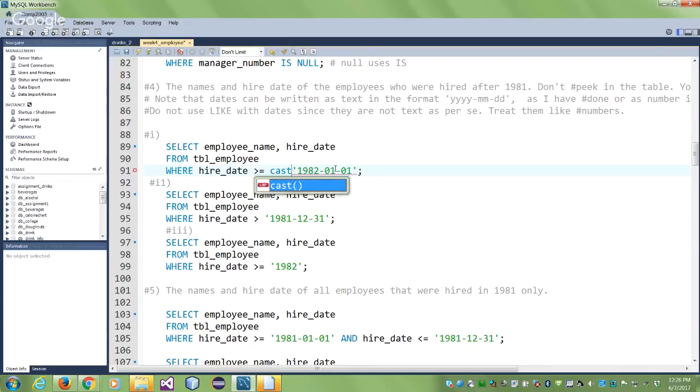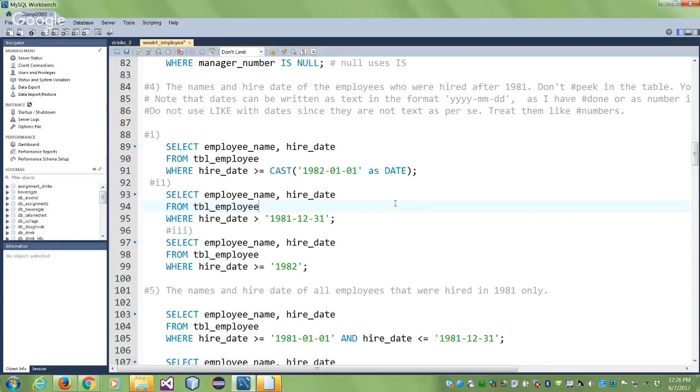The cast function is written like this. Again, we are not making any mistake here, but they're highly recommending to use the cast function, the normal cast, like in any other language. It says take this text field, which when you put it in quotes is assumed to be text, right? This way you will not forget. You now know that that is a text, it's not a date. You know what I mean? So you have to be careful. So they're highly recommending that whenever you are comparing with dates, you use cast,